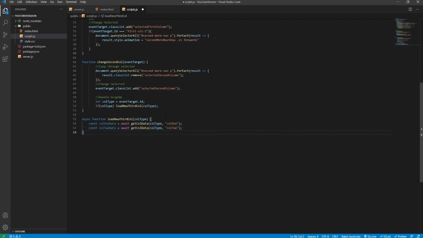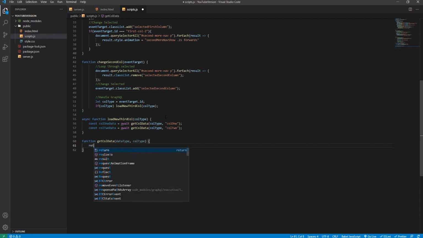So below this we'll need to create the get call data function. We'll say function get call data, it will take in the data type, which will be category in this case, and the call type, and then we'll say return query fetch. This query fetch function again hasn't been created, but what we will do is its first argument will be a